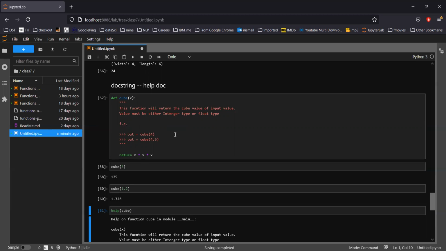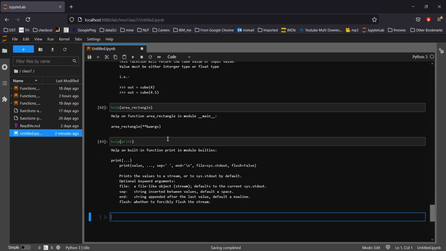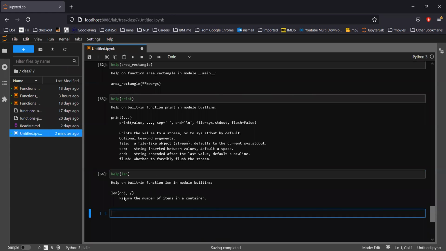And every function in Python has a doc string. So let's see. Print help. I'm going to ask about print. You know that there is a function. If I print it, it explains what it is doing. If I do help len, you know that len returns the number of items in a container, which can be anything, tuple, list, anything, right?